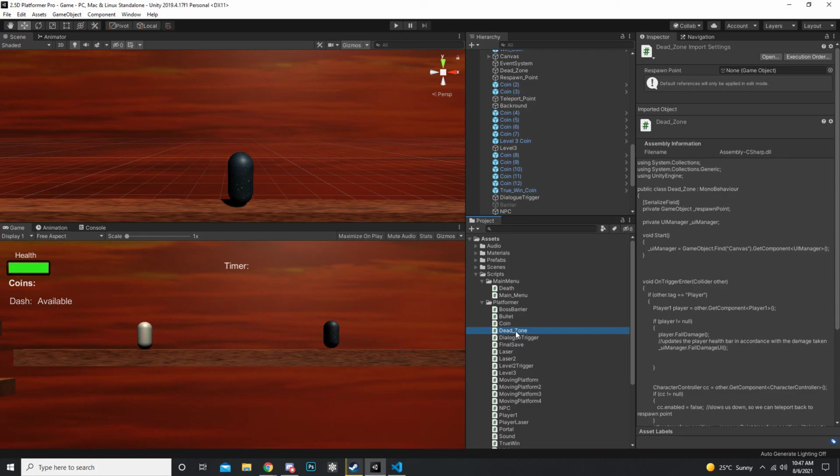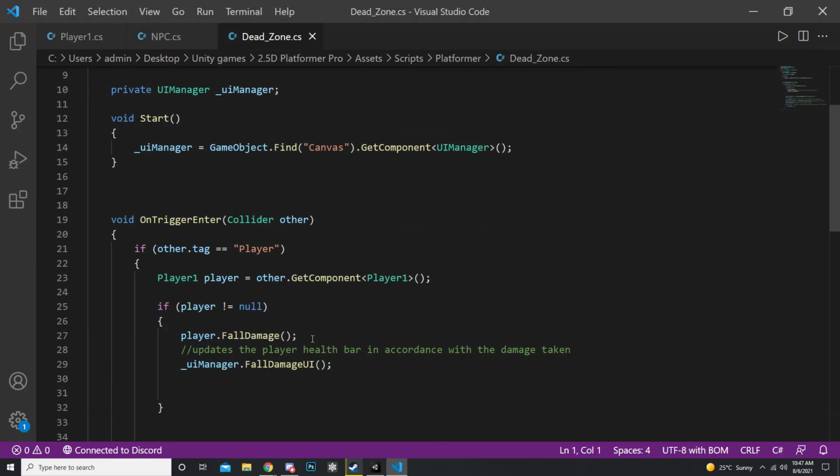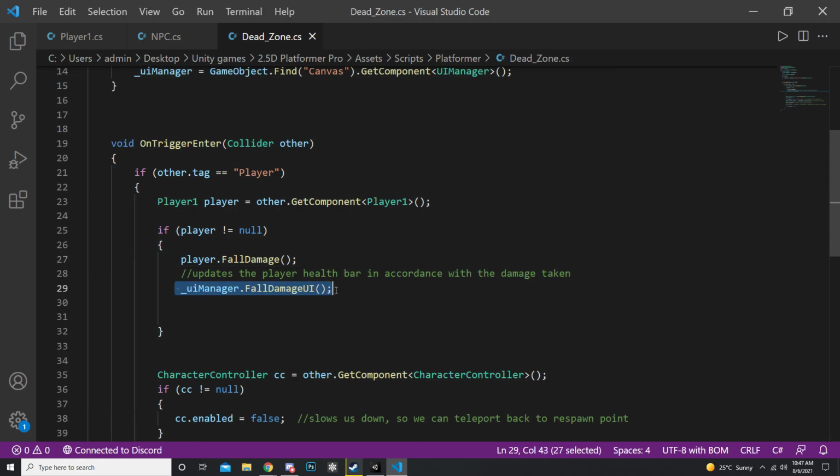So here, in this code, we can see that if the player hits this game object, something will happen. And in this case, it's fall damage, which means the player will take damage. And it'll also make some text appear as well through methods. This is done through interscript communication, which is a very important part of Unity, which I will be explaining in the course. I hope this was informative for you, and I hope you will